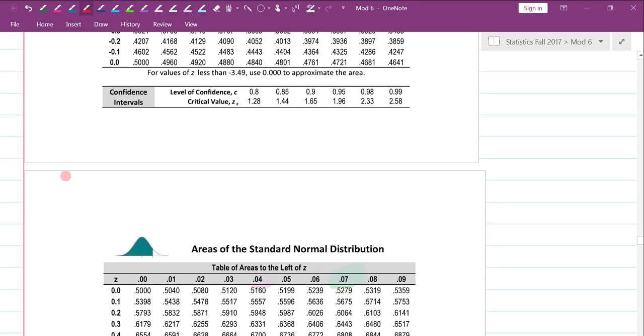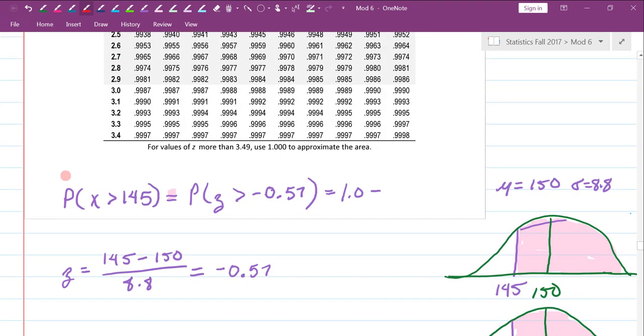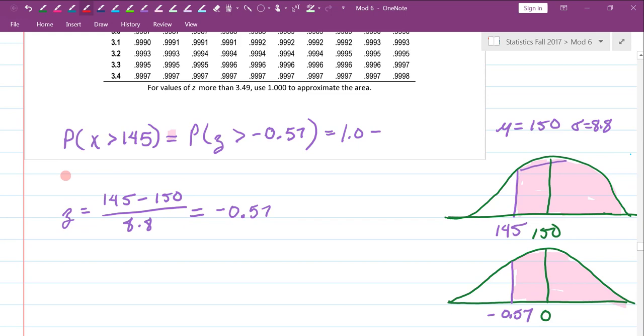So the area under the curve right here is 0.2843. So if I subtract the 0.2843 from 1,